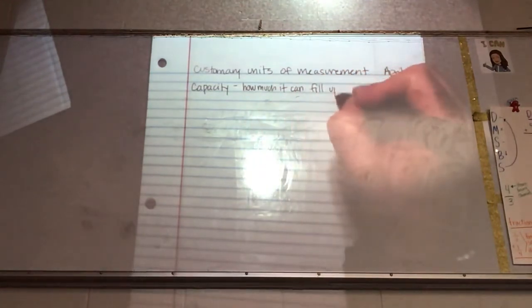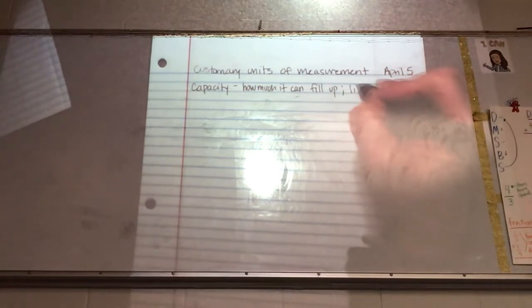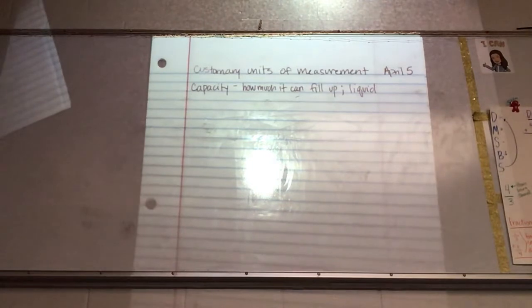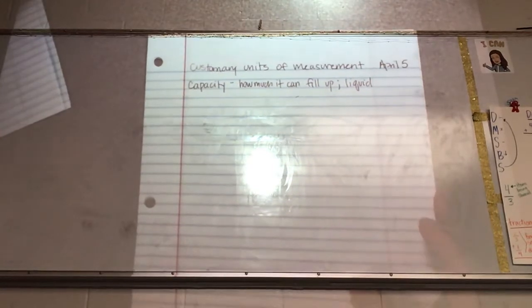And what I like to think of is what you just said, liquid. This is how we measure liquid. But the capacity for the football stadium is 2,000 people. Right, how many people can fit in it, okay? Alright, so the way we measure capacity, one thing that's going to help us is our big G,